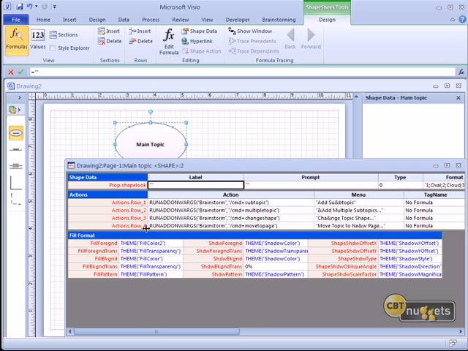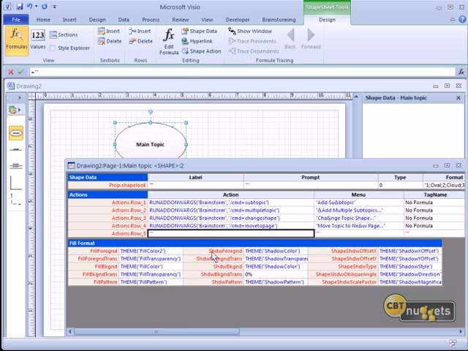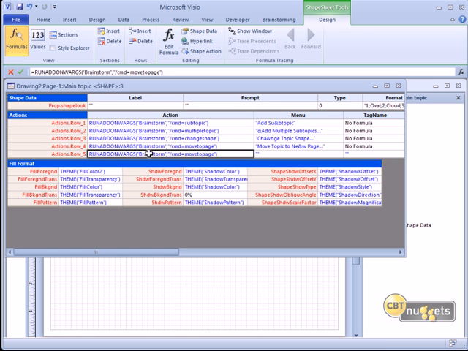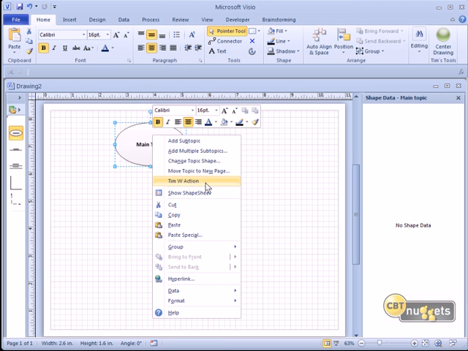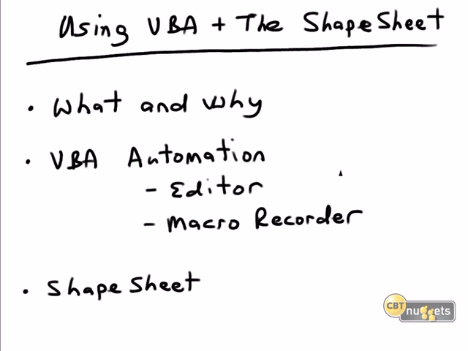Now you can always bring out the action section for any shape sheet, and you can actually add your own stuff here. You can right click and insert a section, or in this case we want to insert a row, and that can be whatever you want it to be. I'm just going to call this Tim action. I'm just going to paste the action from the previous example, and I'm going to call this Tim W action, and we'll accept the change. We right click the shape. There's my custom action. Just wanted to close with that as a nice tease and incentive for you to get into the SDK and start learning how to use this, because it's going to make you a geometrically better Visio professional.